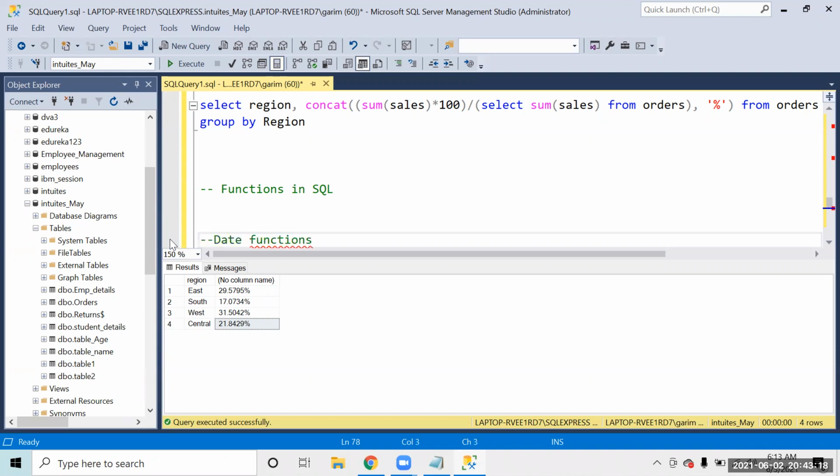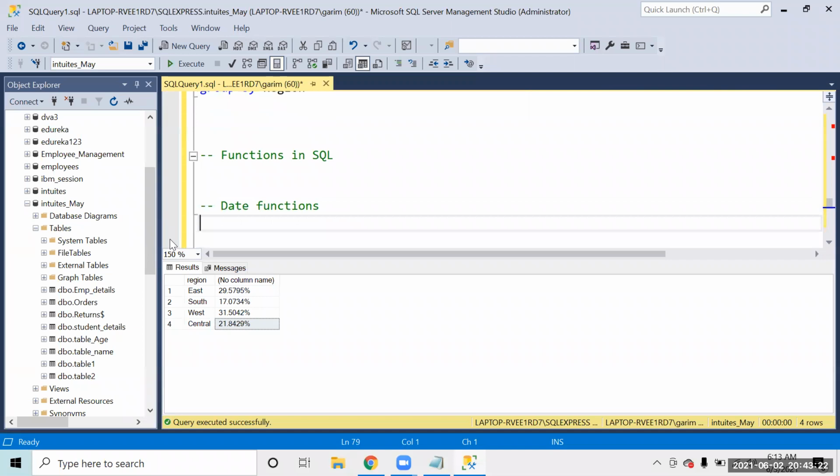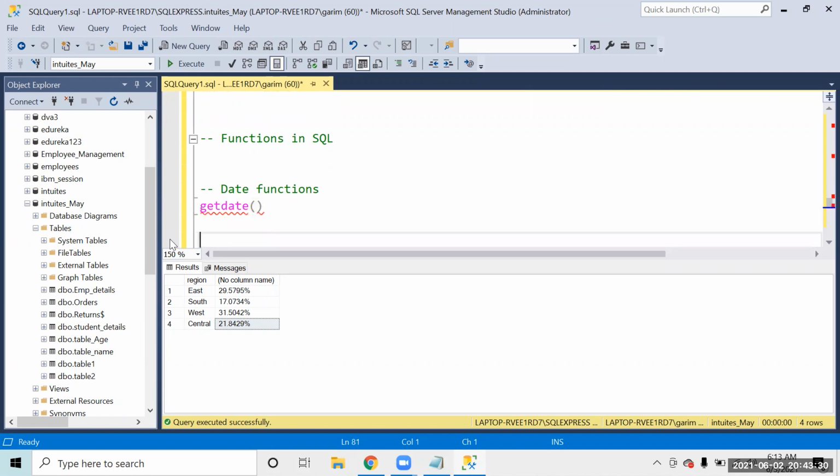Okay, so we have a lot of date functions in SQL. For example, if I just start with the function GETDATE, we have this function with us. Now, GETDATE is a function that gives us the current date.